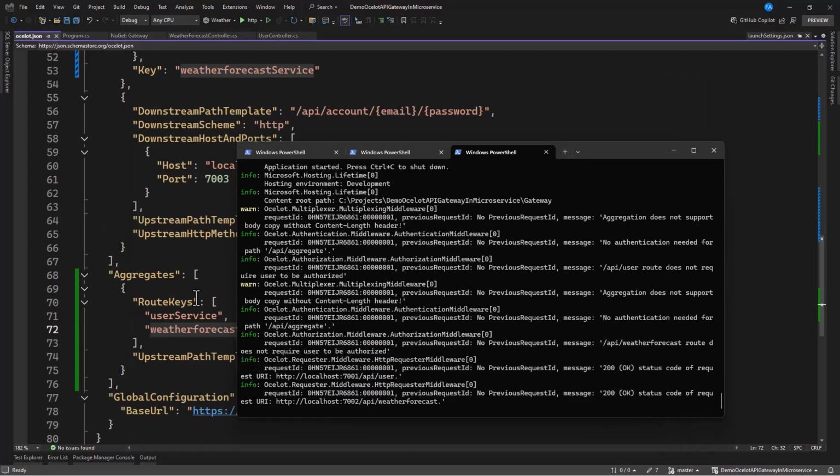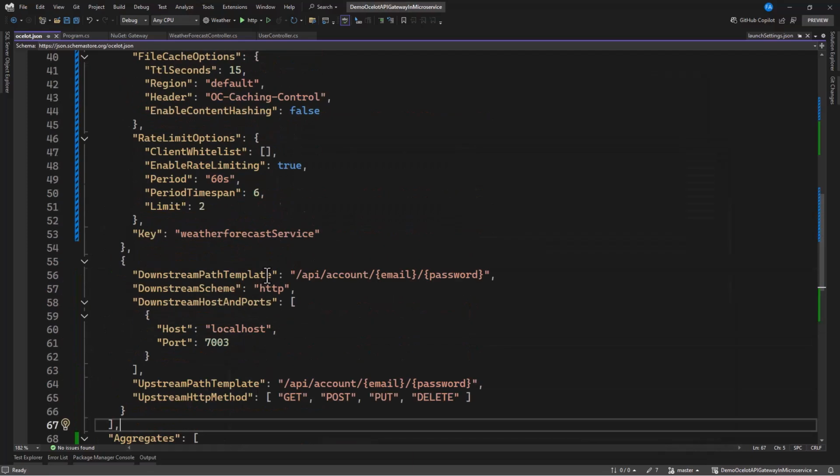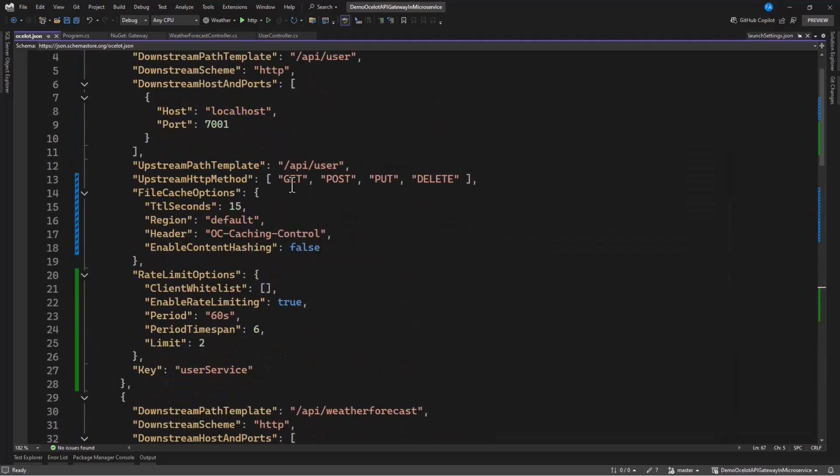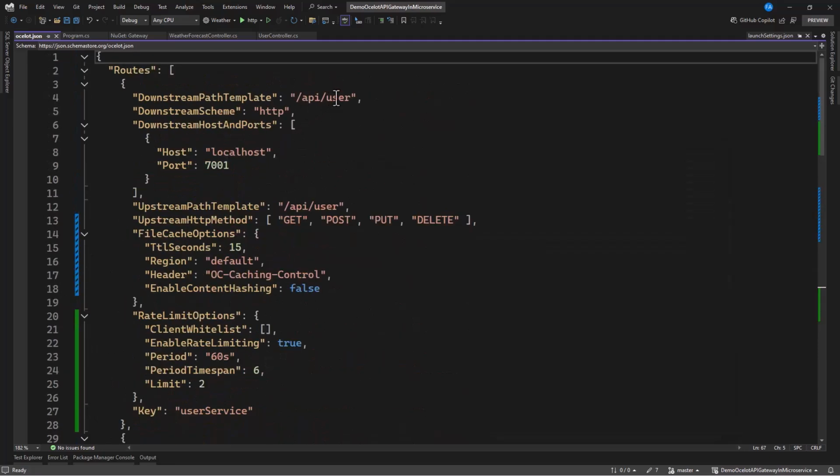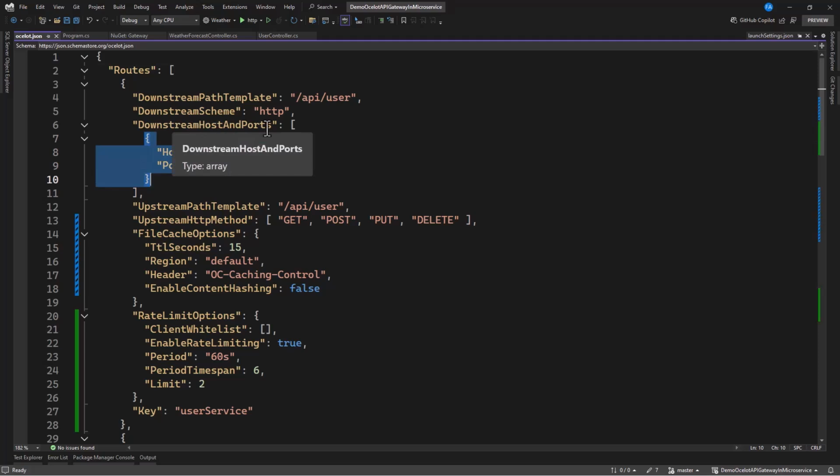So in order for us to do that, we can go to our API endpoint, and in this endpoint you can see we want to handle load balancing for this service, that is the user service. So what are we going to do? We're going to make a duplicate of this. There is the downstream host and ports. It is host and port, so it means you can handle 2 or more ports.